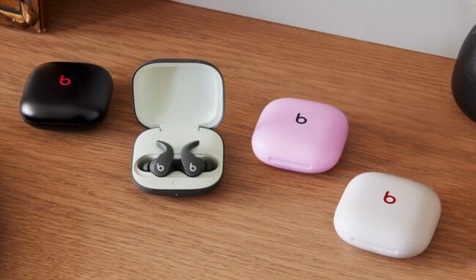Beats has integrated a new skin detection sensor that debuted on the third generation of AirPods,